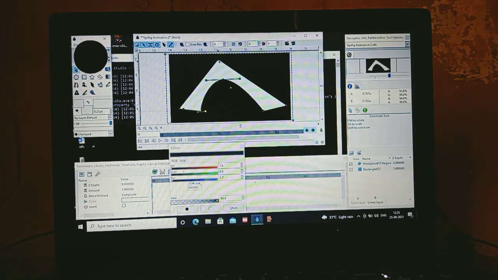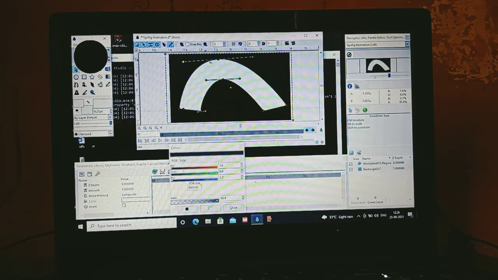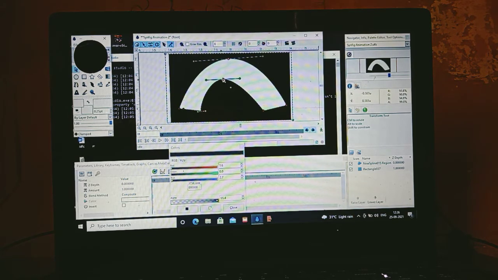Same here, yellow dock, and done. But it is a little slanting, so with this orange dock you can bring this to center. This also you can bring to center.